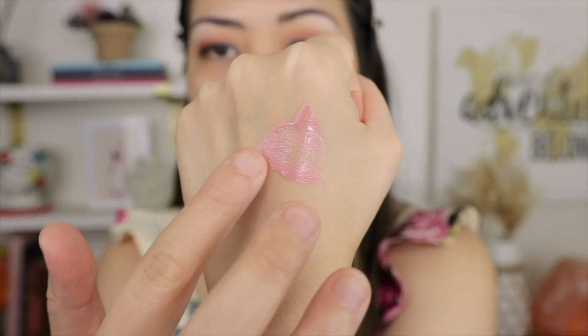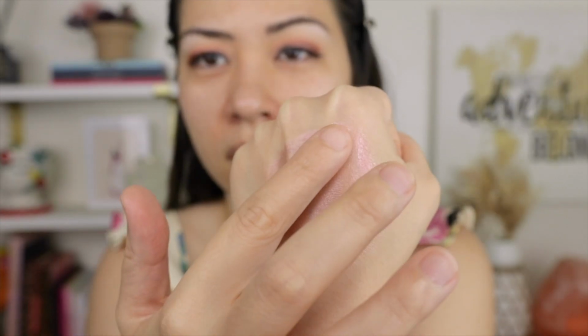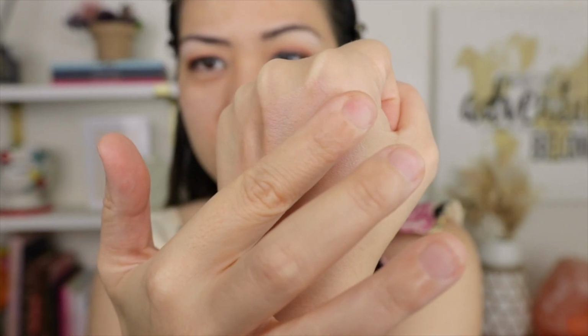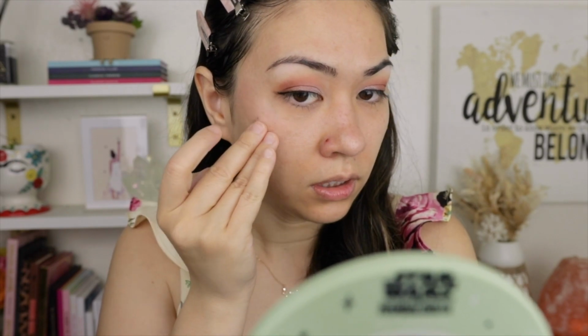I haven't swatched it yet, but it looked very liquidy. I mean, it's a liquid highlighter. I don't like that it's separating a lot. I feel like you can see that it's like separating everything and I feel like you can barely see it. She put some on her nose. I don't know if you can tell in the camera, but in person it is spreading unevenly like it was